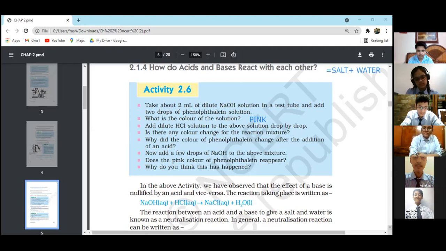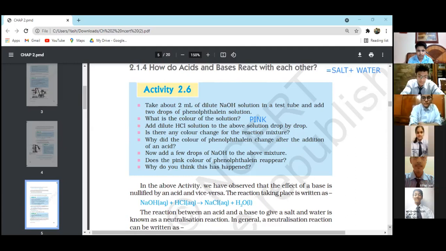There may be two answers. Children, please note down. There may be two answers. But the first answer, children will say, is that this is a neutralization reaction, and the neutralization reaction has taken place and formed a salt. But the accurate answer is we have added dilute HCl to phenolphthalein, and HCl is an acid, and phenolphthalein changes to colorless when acid is added to it. Right? Clear to you? Ma'am, could you please repeat it again? Yes, it changes to colorless because phenolphthalein changes to colorless when acid is added to it.